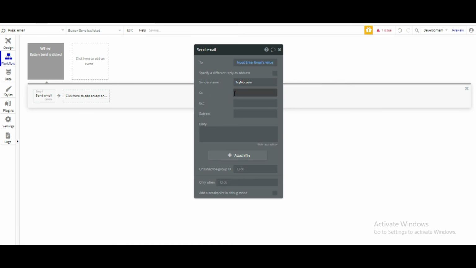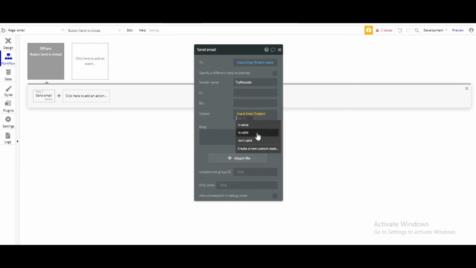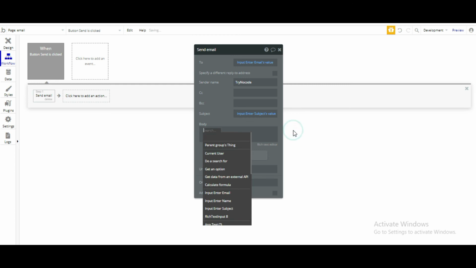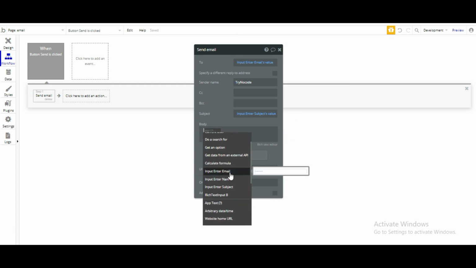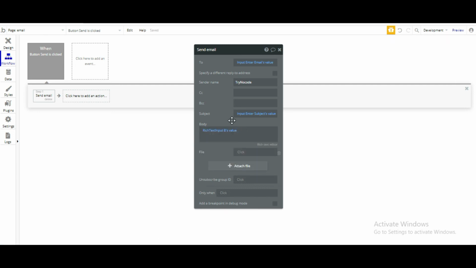You can even write CC, BCC, whatever you want according to your wish. In subject, insert dynamic data, input enter subject's value. In the body, we'll link it with rich text editor's value. So here we go. So by this, it will send the email to that person.